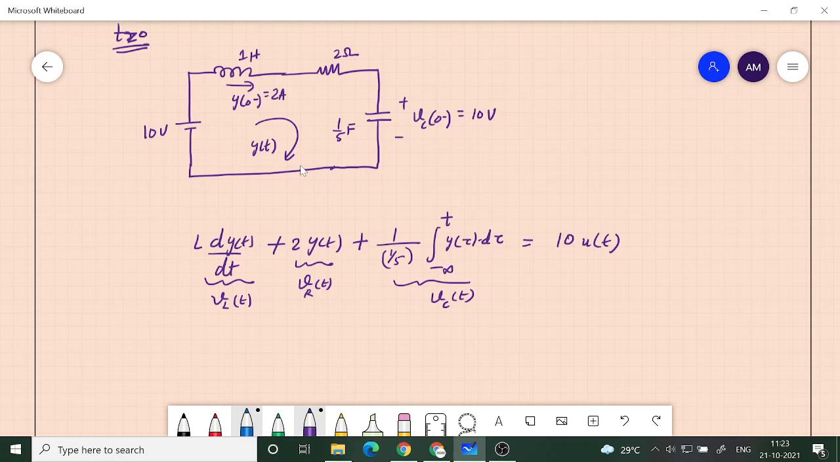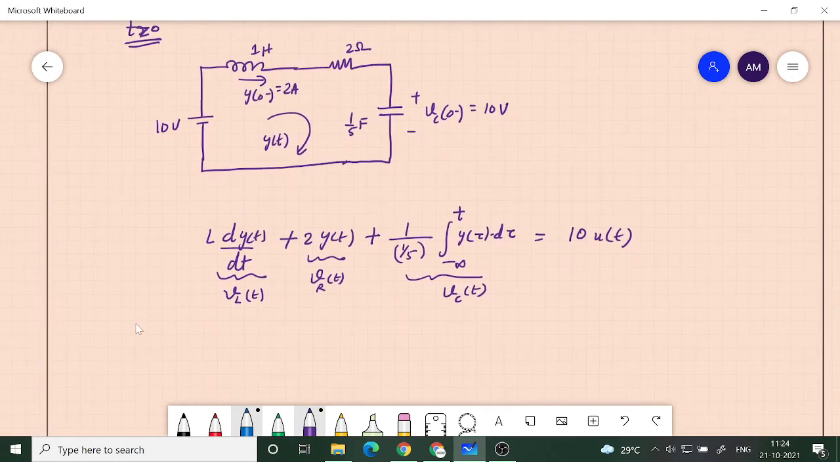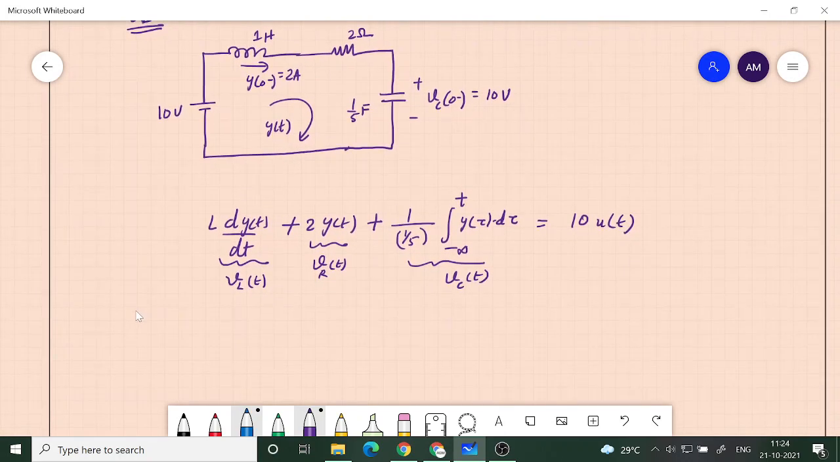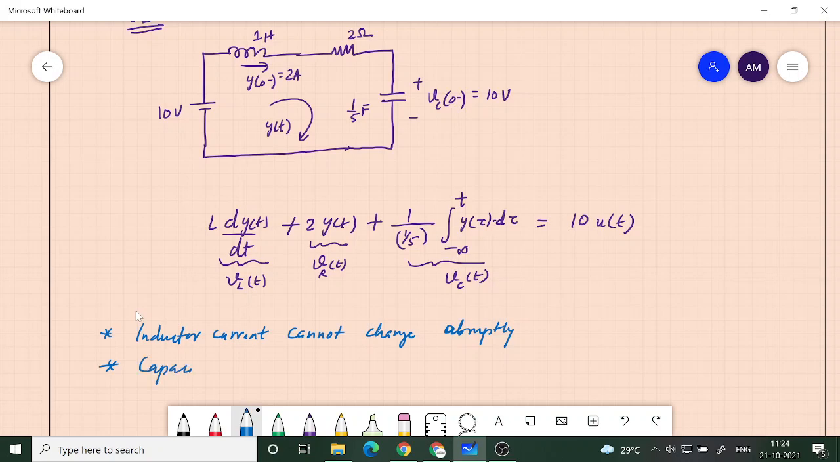Now, the two most important principles that you learn from the network theory class are: one, inductor current cannot change abruptly. You cannot have that. Second, capacitor voltage cannot change abruptly,